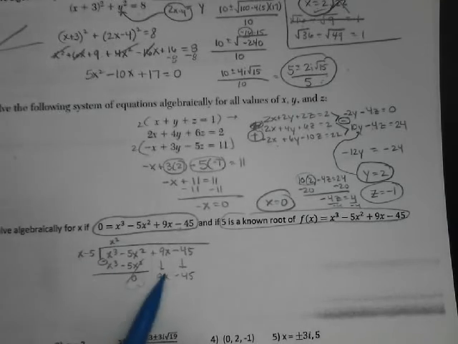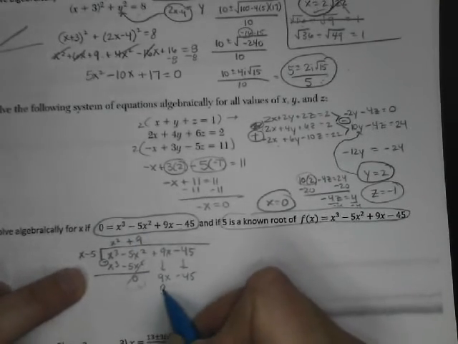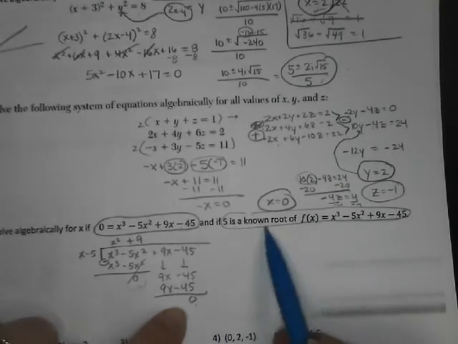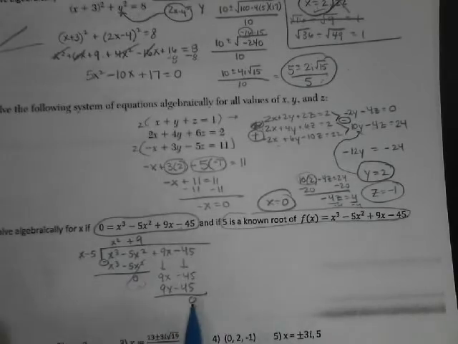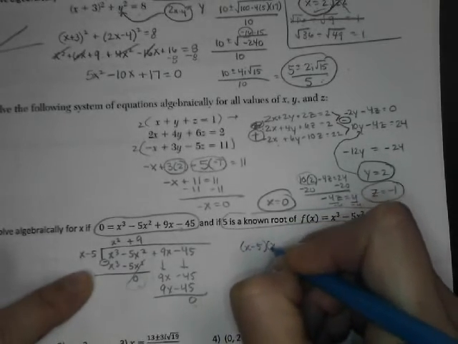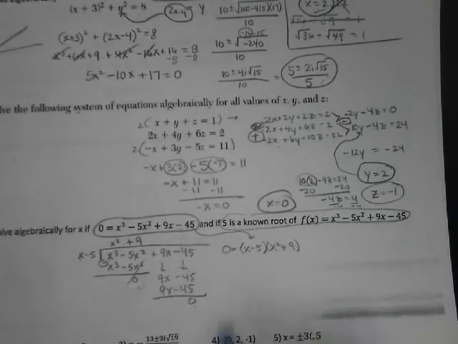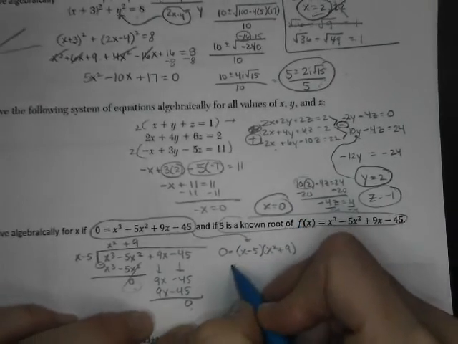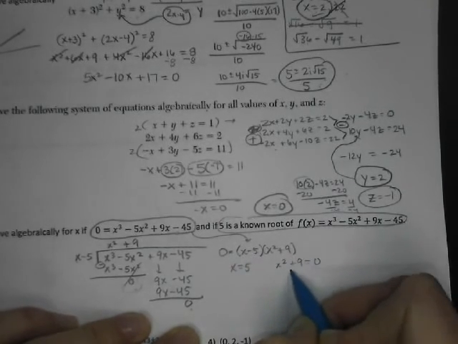Now we'll say x times what gives us 9x? It's a positive 9. And you get 9x minus 45, which we assume there's a remainder of 0 because they told us it was a root, which means it should be a perfect factor, which means it should give us 0. So we've just factored this into x minus 5 times x squared plus 9, and it equals 0. So the solving, now that it's factored, is to tee it up. So x equals 5, or x squared plus 9 equaling 0,